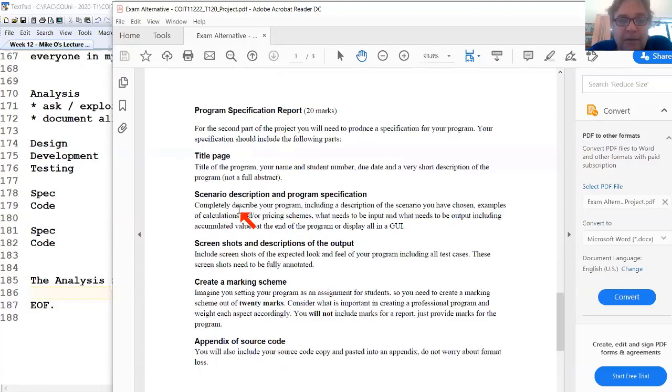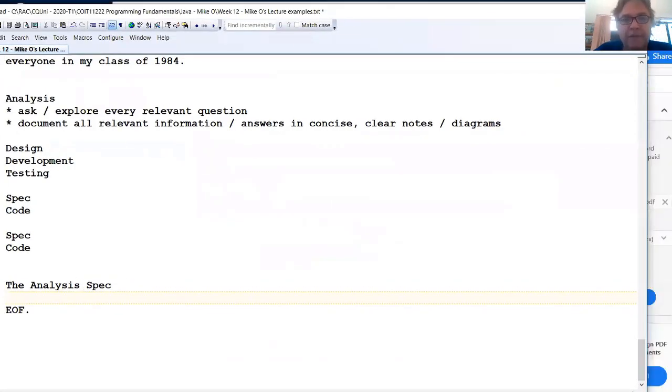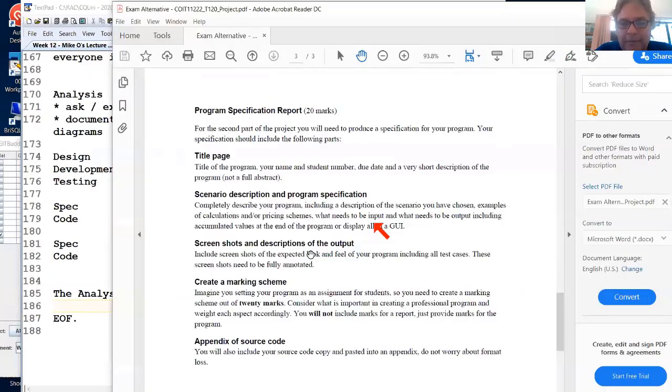Okay, so the scenario. The title page, that's easy. Completely describe your program, including a description of the scenario you have chosen, examples of calculations, pricing schemes, what needs to be input, what needs to be output, including the cumulative values, and at the end of the program, we'll display all in a GUI. Okay, it's only a little project, so don't worry too much. So the scenario could be something like